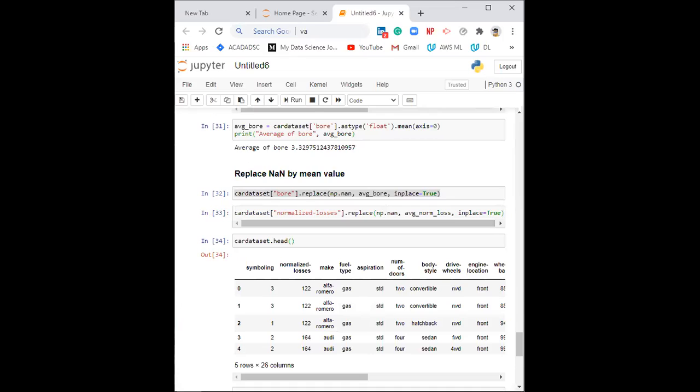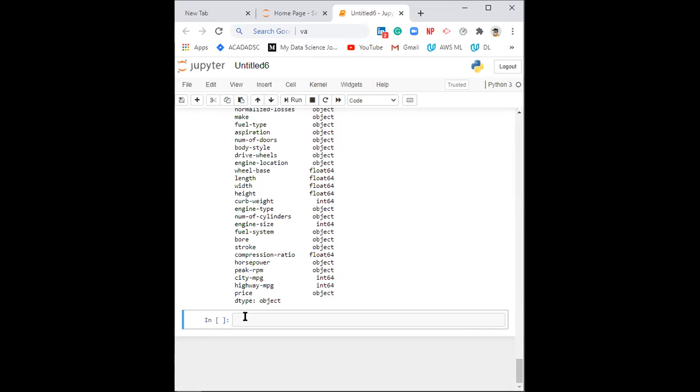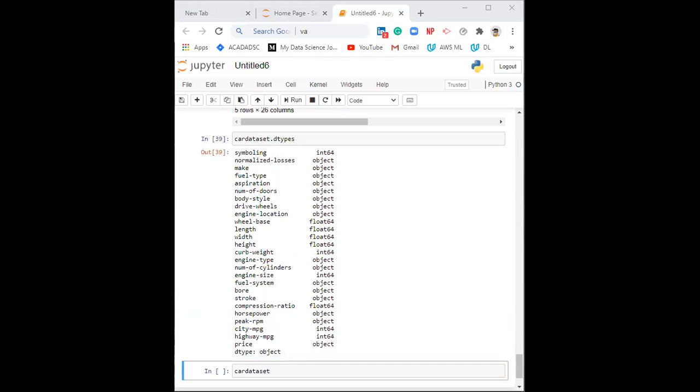Okay, so the next thing we will be doing now is to convert the data set to proper format, and that's the last one we'll be doing for today. Then if you have any questions. So car data set. Let's look at this data set very well. There are some data that are not the type that you want, and that is normalized losses. Normalized losses here is object, but we want it to be integer. Price here is object, and we want it to be float. And peak rpm, we want it to be float. So what we do here, car data set,